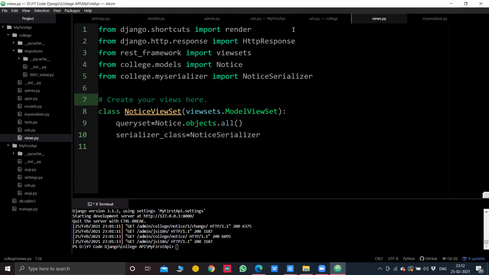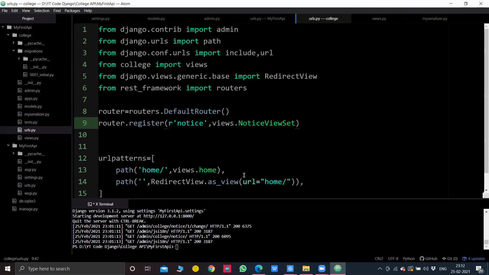Before that, we will have to change our urls.py, right? Because the urls.py first was related to our home page.